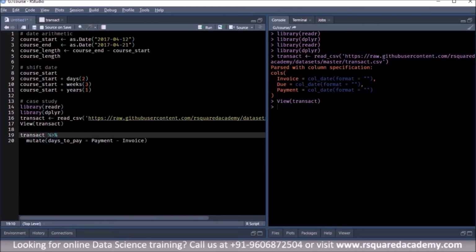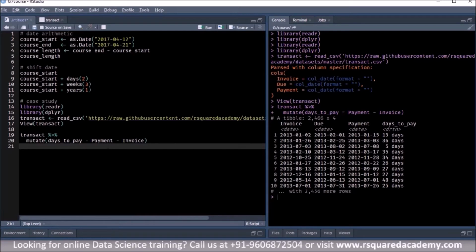Right, so here we are using a pipe, and if you're not familiar with the pipe operators, we have a course called Readable Code with Pipes. It's a very small course. Please go through it. It will allow you to write better code using the pipe operator. Because we follow this style in all our courses, please go through that course. It will allow you to write better code, and it will also allow you to go through the code used in our courses easily. Right, so let us try this.